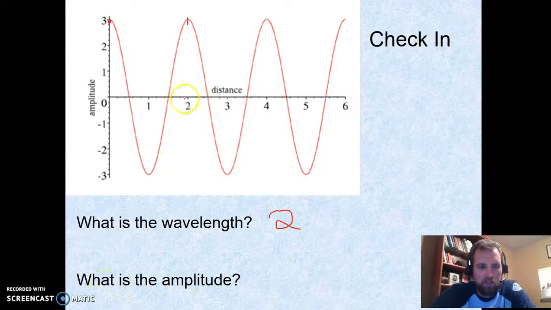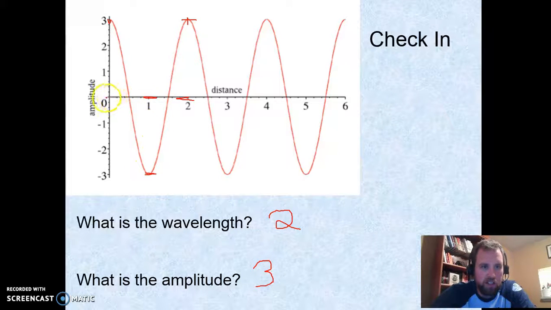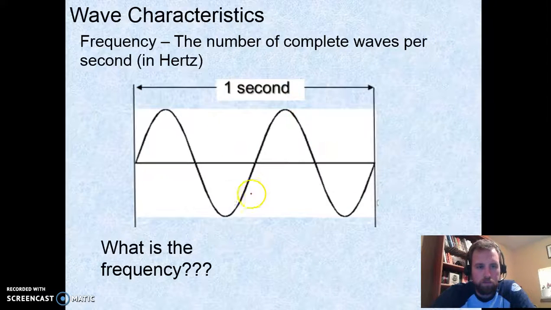Amplitude, if you remember, is from the horizontal axis up to the crest. So here's 0, because we're looking at this number, 0 up to the very top, which is right here. This is 3, 0 to 3. And as I said, it can also be the horizontal axis down to the trough, and you should get the same thing. Here's 0, we go down to -3 again. Amplitude is 3. Wavelength is 2.